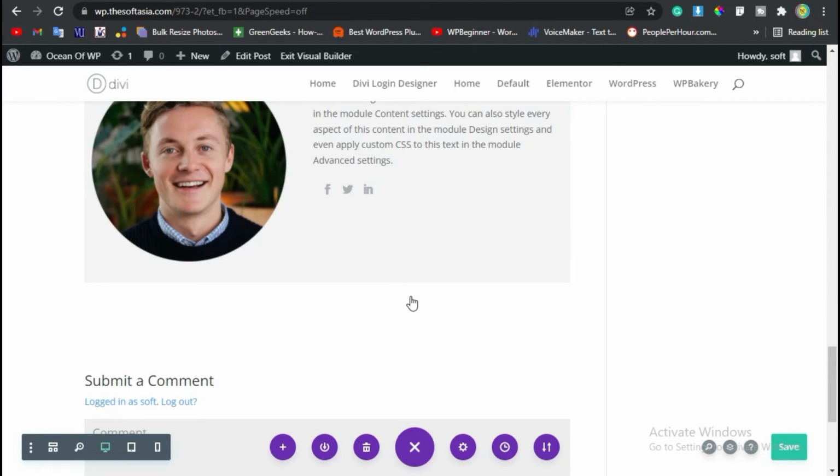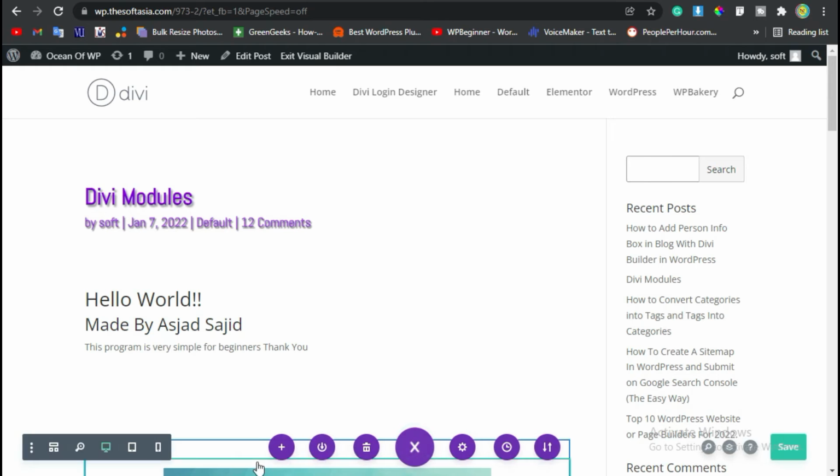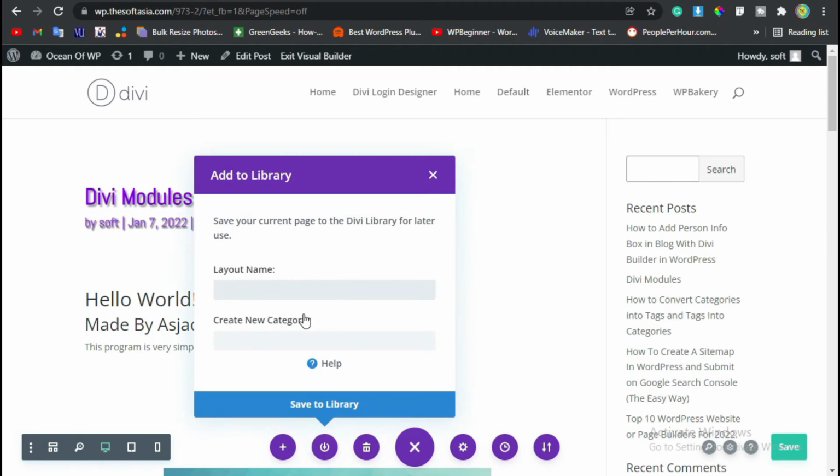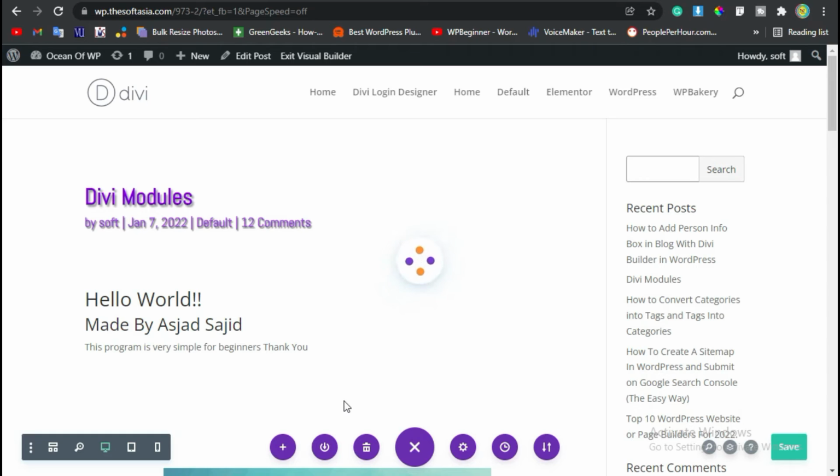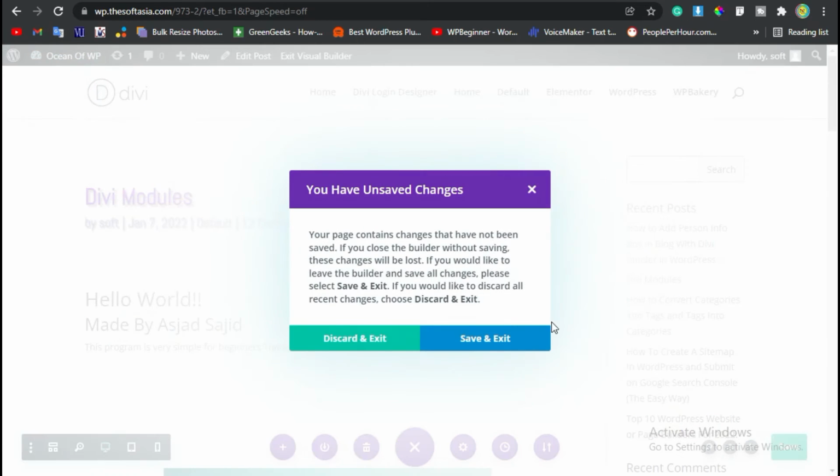You can also create the whole page as a template. Click on these three dots and then click on this arrow button. Now here you have to add page name. I will add page name as page 1 and click on save to library. After this, go to dashboard,